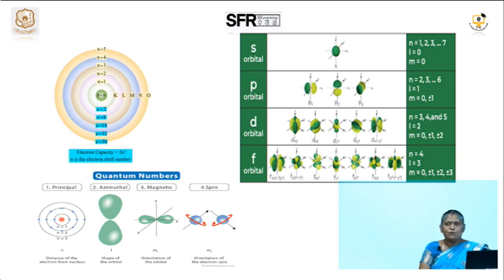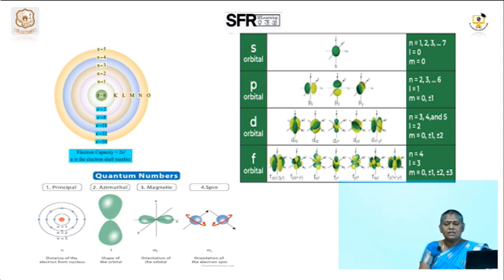Okay. So, the formula to obtain the maximum number of electrons that could be accommodated in these main energy levels of an atom is 2n square, where n represents the principal quantum number, or in other terms, the shell number. And then when you look at the 4 different quantum numbers represented below this diagram,